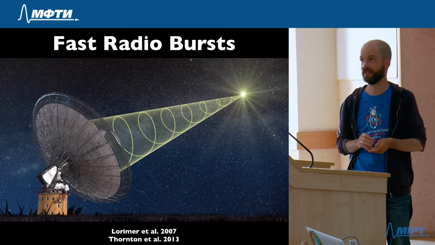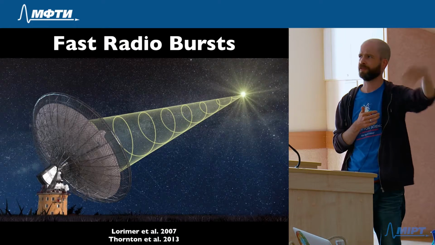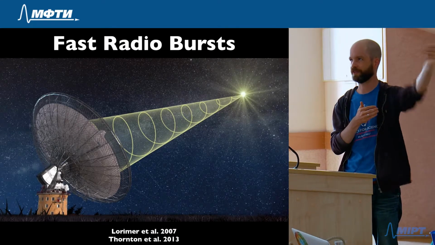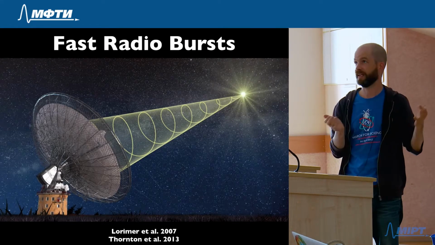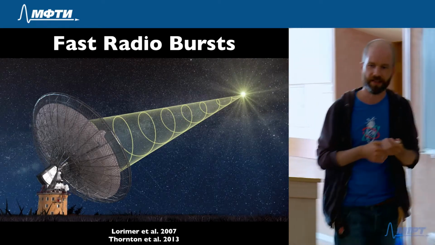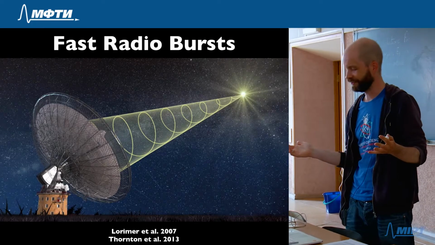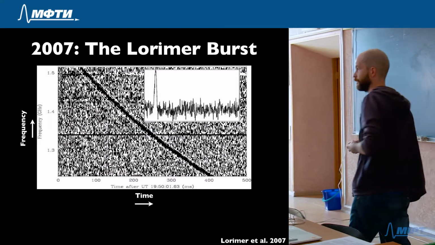Now, they made a big mistake. They searched in dispersion measure space up to a dispersion measure that was just ridiculously too high. There was no way that you were going to have this much dispersive material between you and the source, but they did that anyways by mistake. So they were basically wasting computer time. But in the process of wasting computer time searching this ostensibly uninteresting astrophysical parameter space,